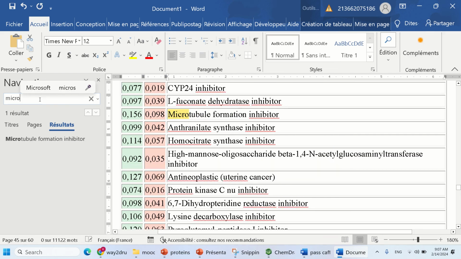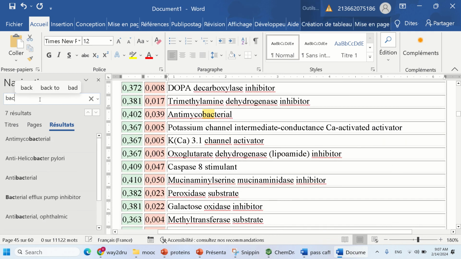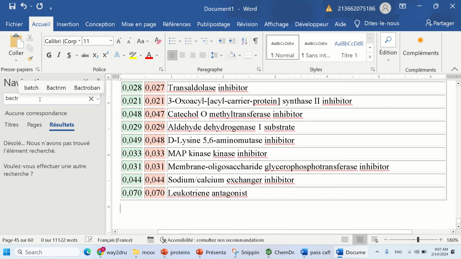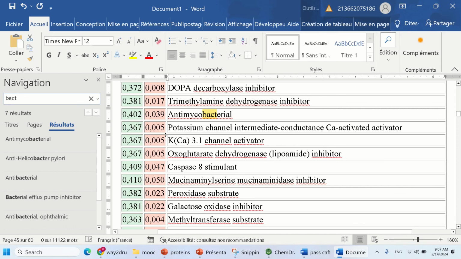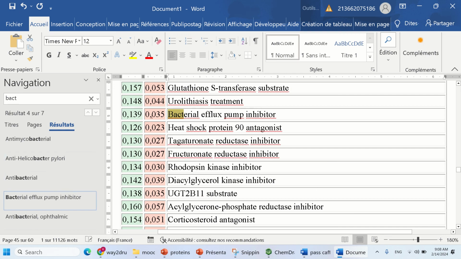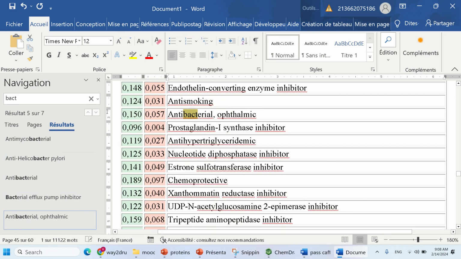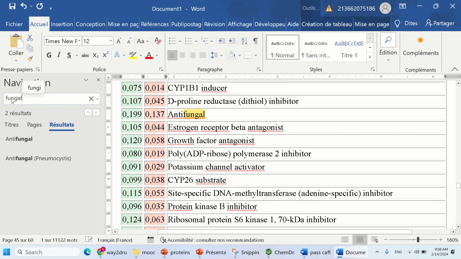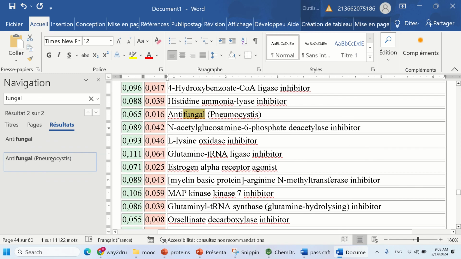Microbial, no. Bacterial, yes. Antimycobacterial, good activity. Anti-Helicobacter pylori, low activity. So let's see about fungal activities. Antifungal, it's low, nearly 0.2, and it's very low, so there is no activity here. Let's see